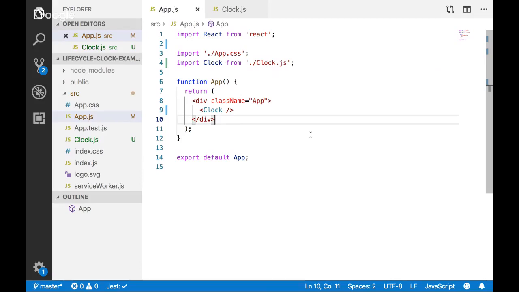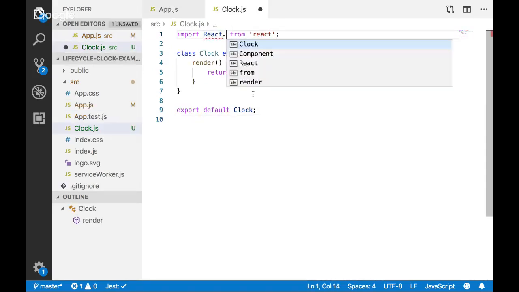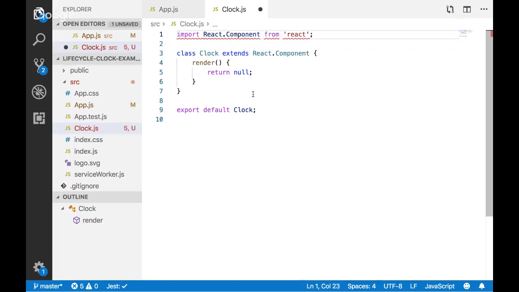Let me check and see this comment. Aren't we able to call Component on the import? Oh, I see what you're saying, I think. You are, yes. You could do import React.Component from React, or if you want, you could say import Component from React, because Component is just a portion of that whole thing.